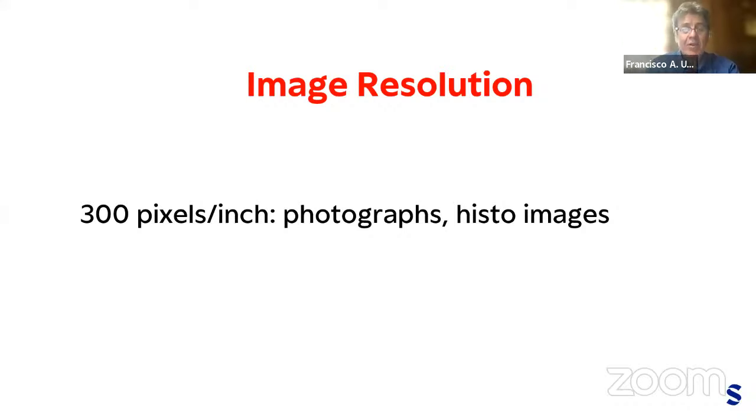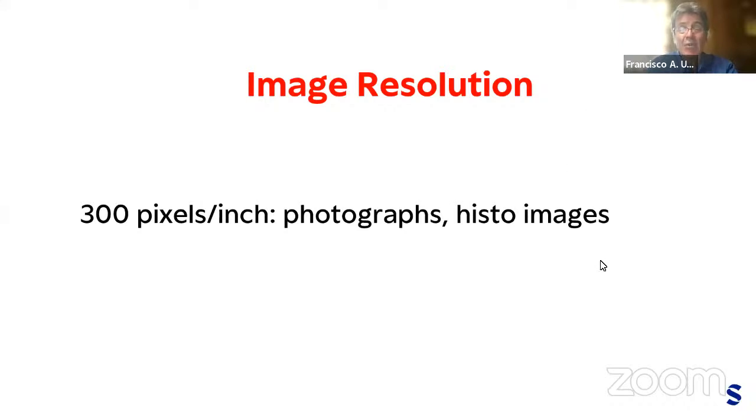Some of the things I'm going to say apply to the journal we work for, which is the Journal of Veterinary Diagnostic Investigation from SAGE, and things may vary between journals, but usually they are pretty standard. So one is the resolution. We want images no less than 300 pixels per inch. This is for photographs, if you take photos of gross specimens or histology or any specimen.